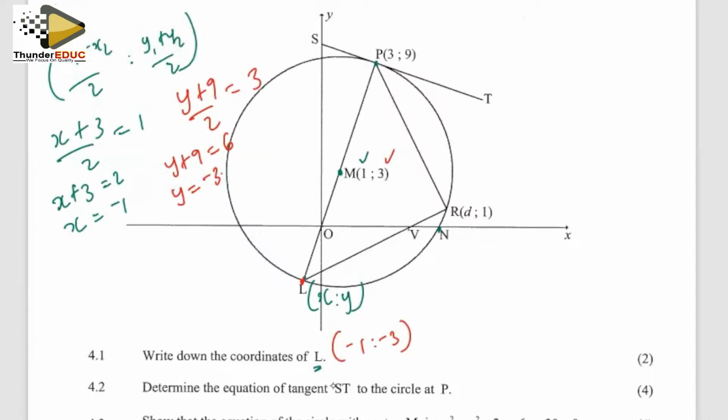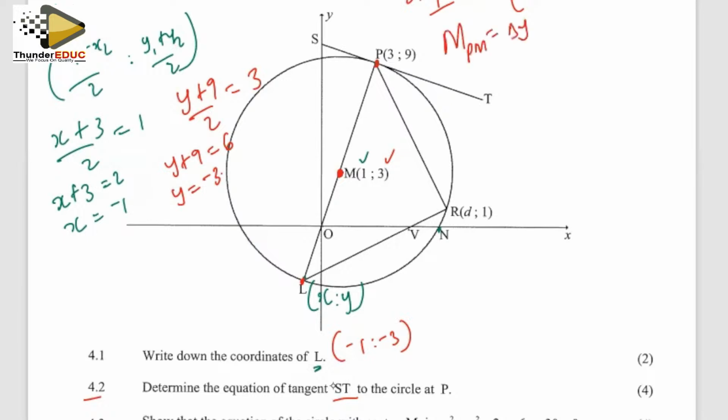Then 4.2, they want us to get the equation of the tangent, ST. So for us to get the equation of this tangent, we know the coordinates of M, we know the coordinates of P. And we know that the tangent and the radius, or tangent and diameter, will be perpendicular, which means that ST is perpendicular to PM. This is tangent perpendicular to radius, or tangent perpendicular to diameter. So if we get the gradient of PM,